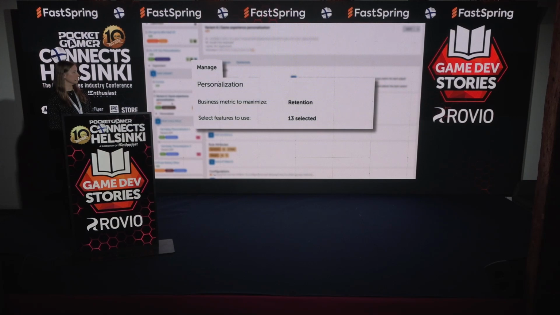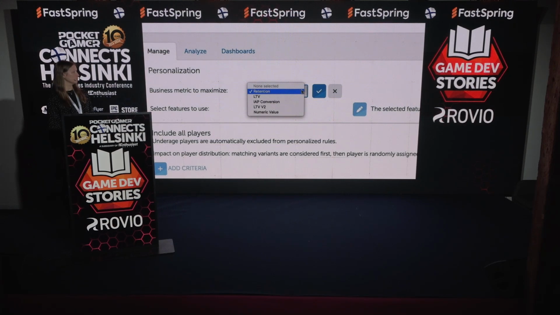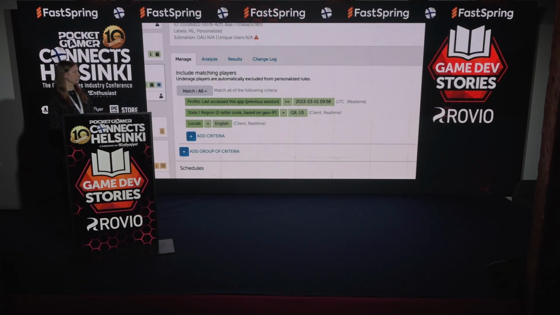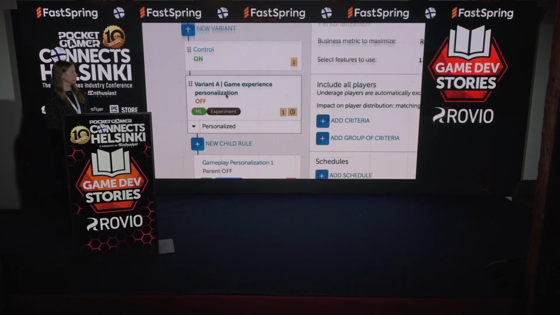These models are learning constantly and improve their decisions to optimize the selected game target, which could be revenue, conversion, or retention, among others. In this example, we have configured an A/B test delivering personalized gaming experience to different player segments. The parent rule defines the high-level targeting. There are two child rules, one control variant which is created automatically and one personalized rule using retention as the